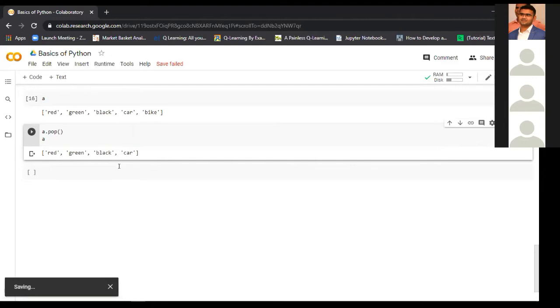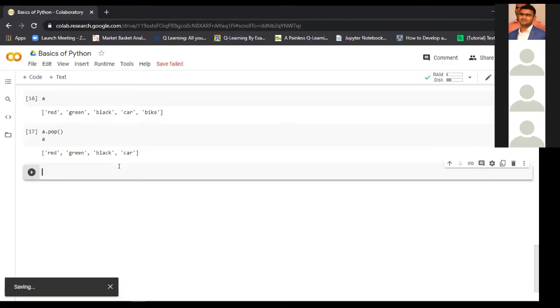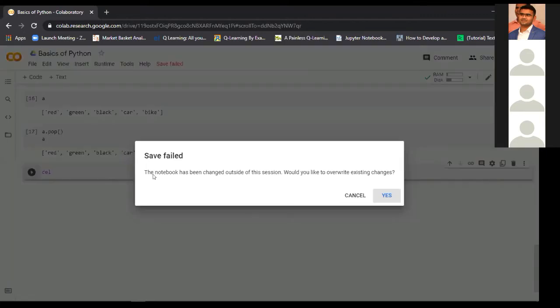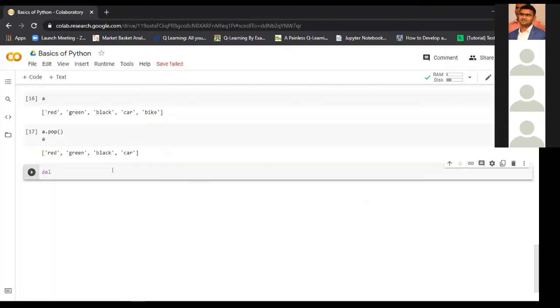But what if we want to delete the complete list? If you want to completely delete a list, you can use the del. del stands for deleting object. We had defined b earlier in here.